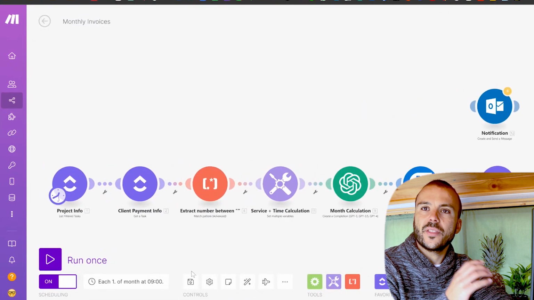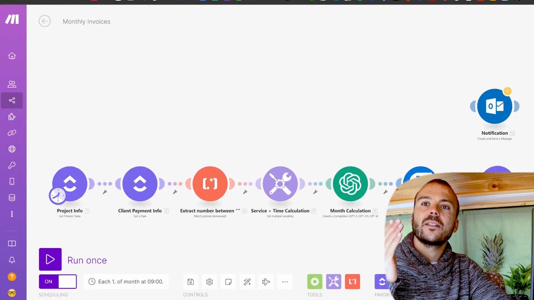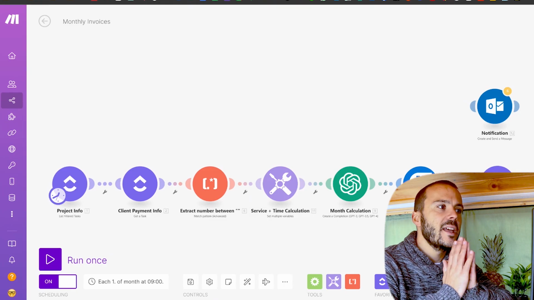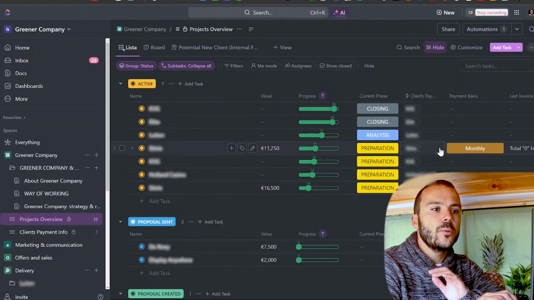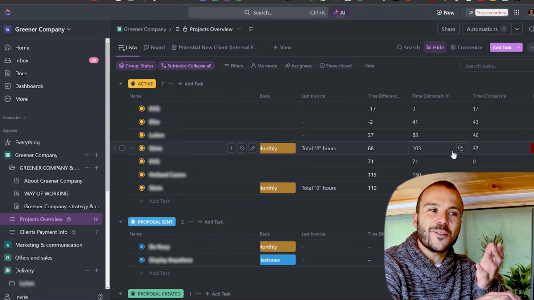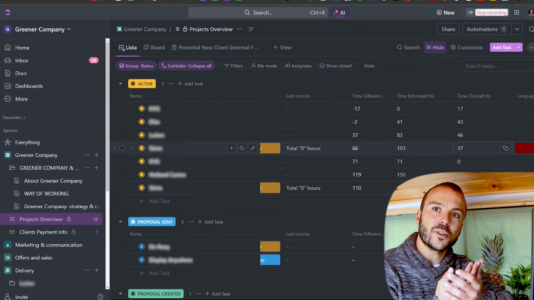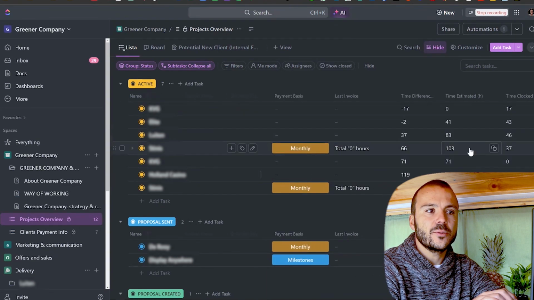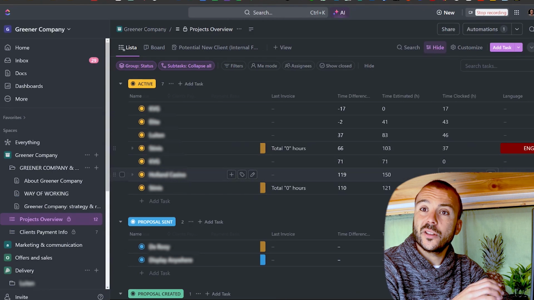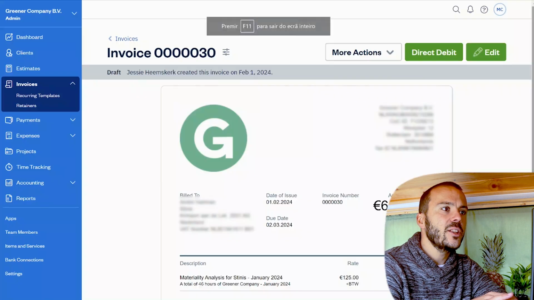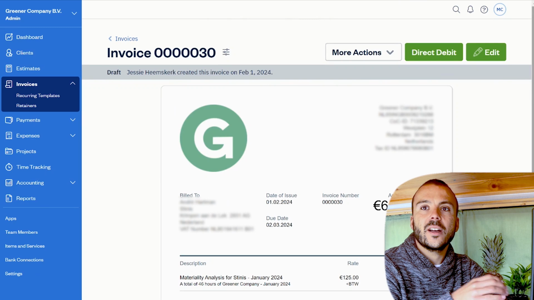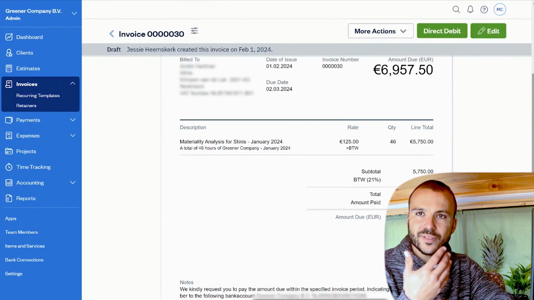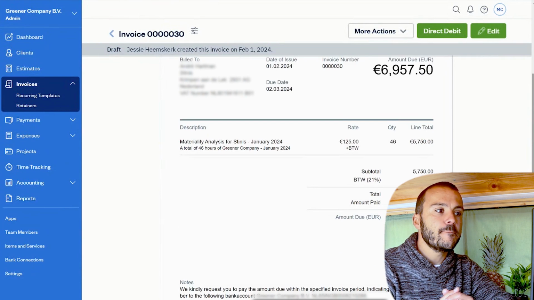Actually, on the first day of the month, it will check every active project that is on a monthly basis, and it will read how many hours the whole team worked for this project. So basically we have the time estimated and the time clocked for all the team. And it will automatically create, on our invoicing system, an invoice like this, that is previously